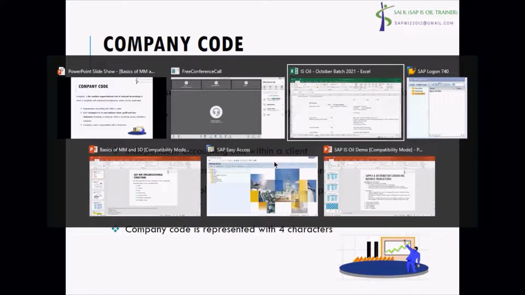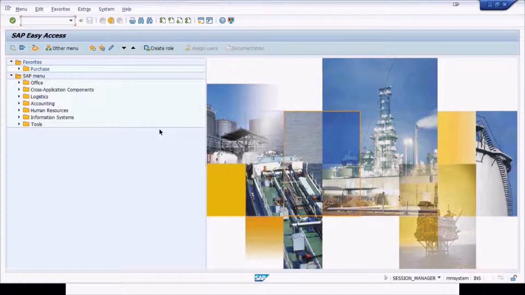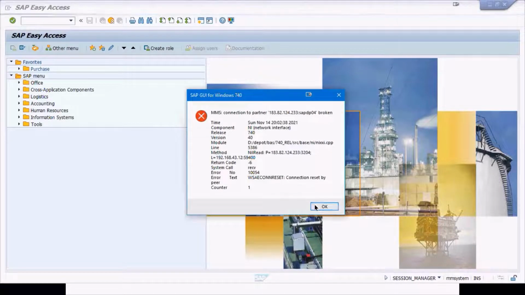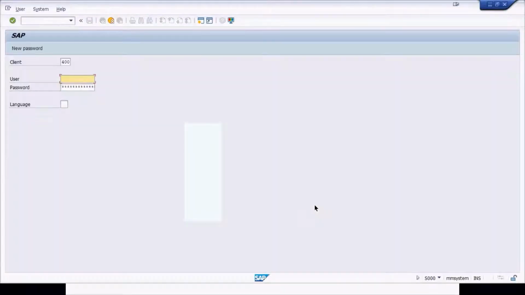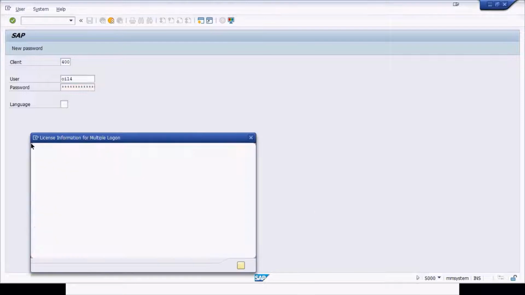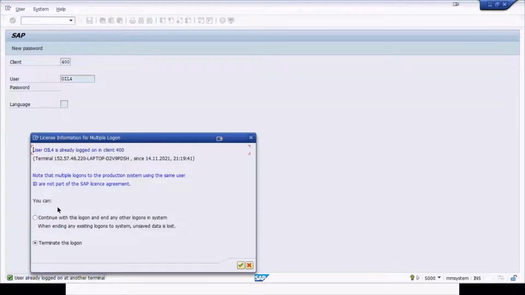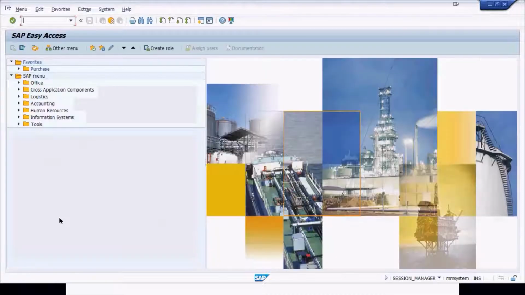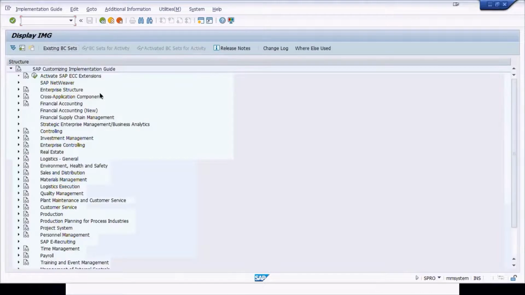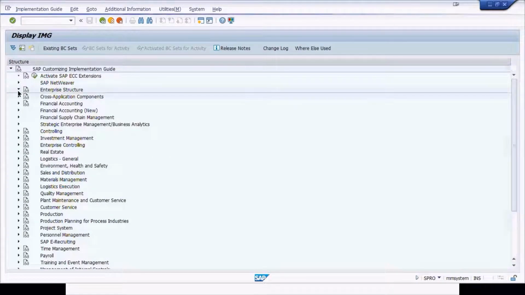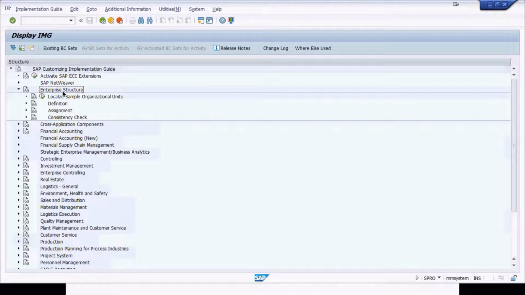So when we talk about the independent accounting unit, I'll just take you to the configuration. SPRO is for config. So we will go to this config SPRO, then SAP Reference IMG. Now we are talking about the enterprise structure. This is the node where it has all the relevant definitions and